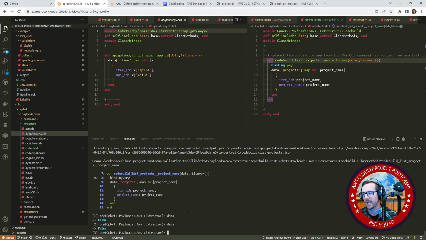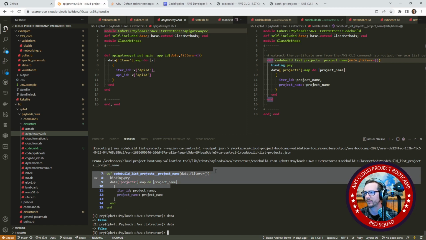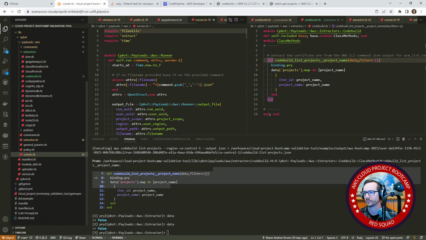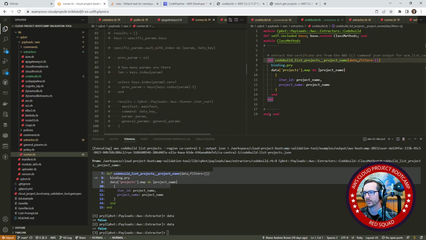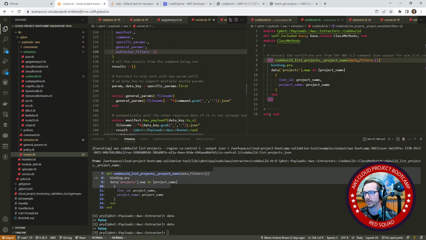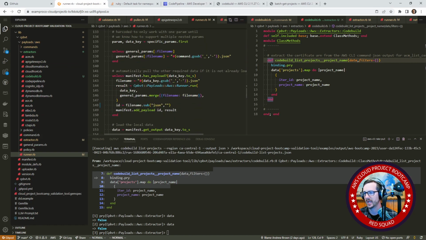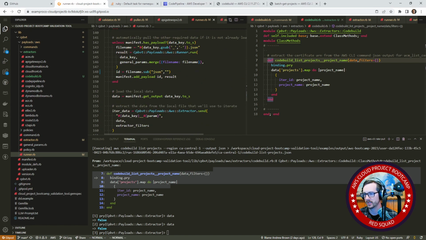So that data gets passed in the iter function. So we go back to our runner here. We have itr run in here. And so the idea is that the data, they get it from here. And here it's saying output is false. Now it uses the data key to grab it. And so the actual key that gets set is the file name. This here, right? So